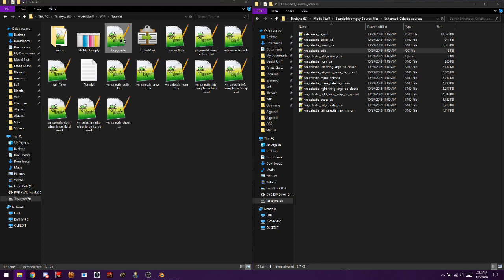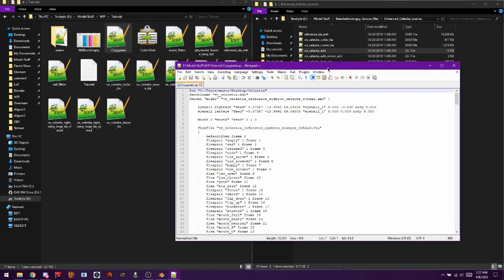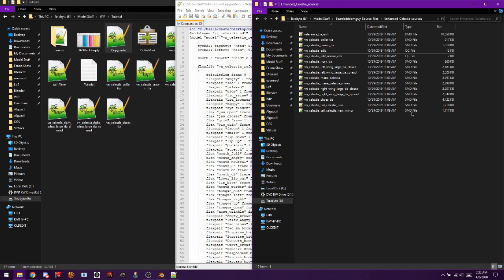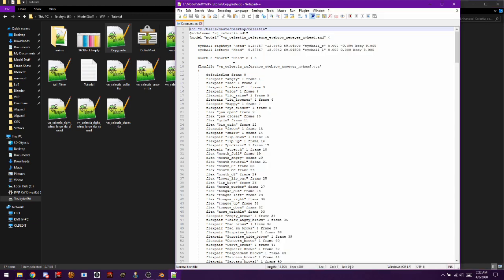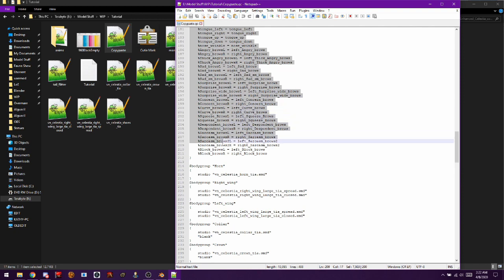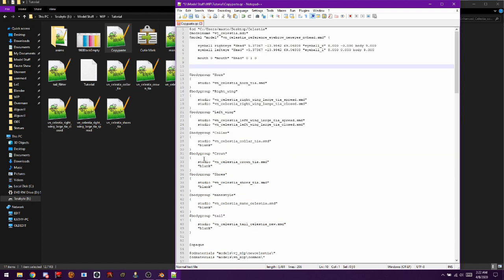When we open it, it will bring up this wall of text. Now you can see here it has lines for a VTA, which isn't actually in here now that I look at it. So what we want to do is select and scroll down quite a ways until you see the line that says body group horn. We want to go to this little bracket just above it and delete all of that